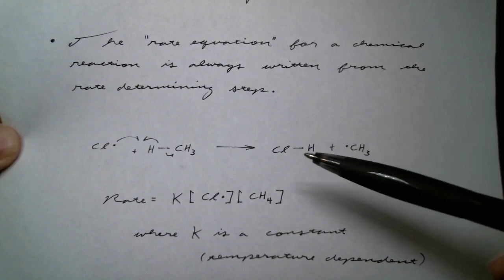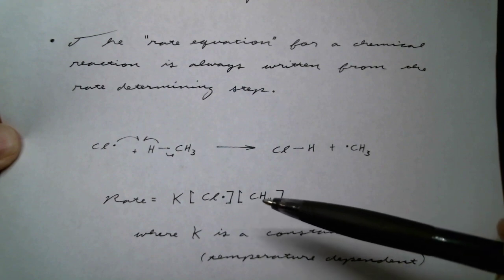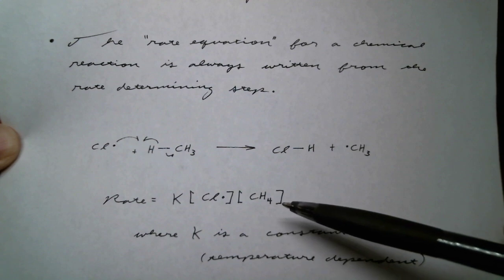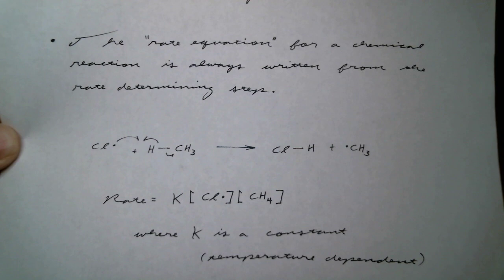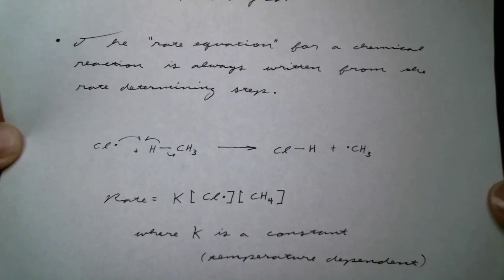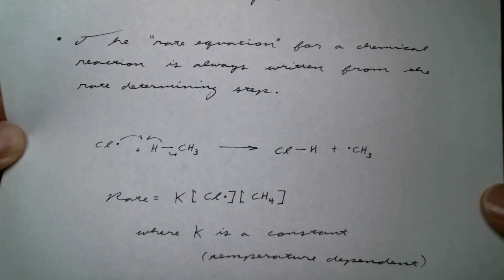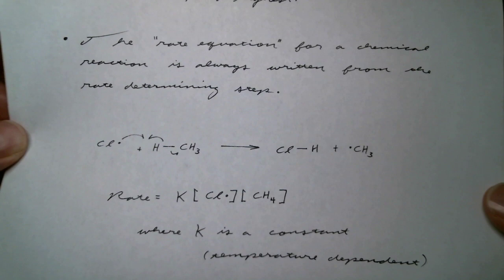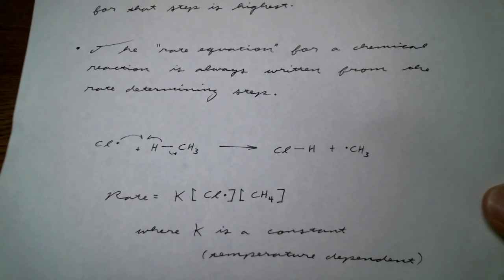So if you wanted to, say, speed up your reaction, you would increase either the concentration of your chlorine radical or your concentration of methane, or you could, in theory, increase both. Of course, since the reaction is carried out in gas phase, you could think about increasing pressures to increase concentrations. At any rate,